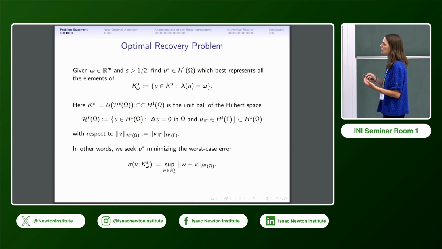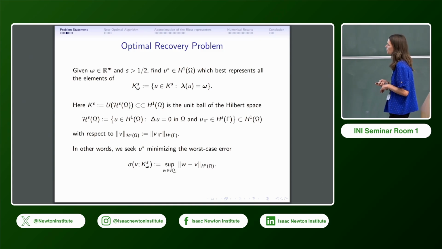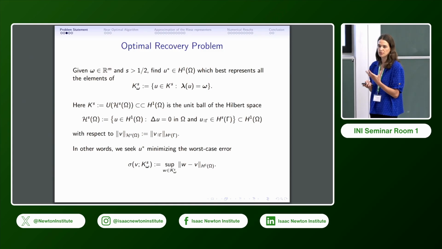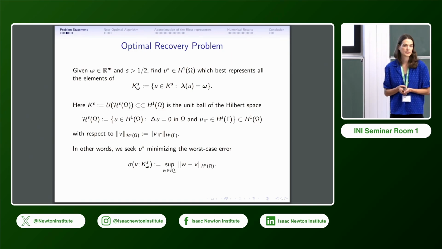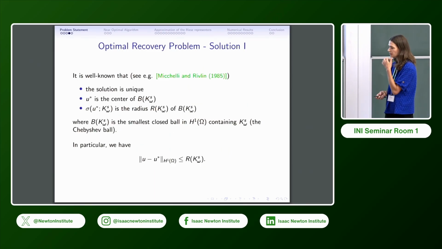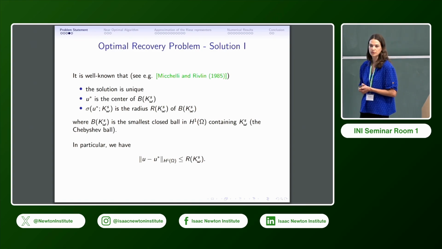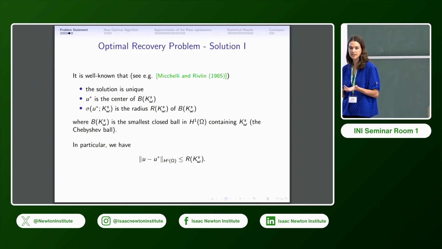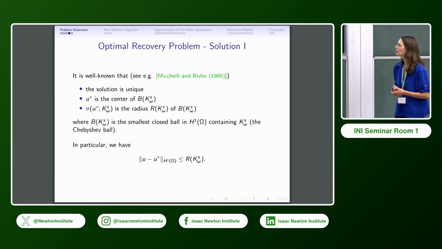Okay, we don't know which element here. All we know is that U is in here, and so what we would like to do is to find a point that is the best representative of all the elements. In other words, we would like to find the element that's going to minimize this worst case error. Okay, and as we saw earlier today as well, it is well known in that setting that the solution to that problem is unique. It is given by the center of the Chebyshev ball, and the worst case error is the radius of the Chebyshev ball. So the Chebyshev ball,